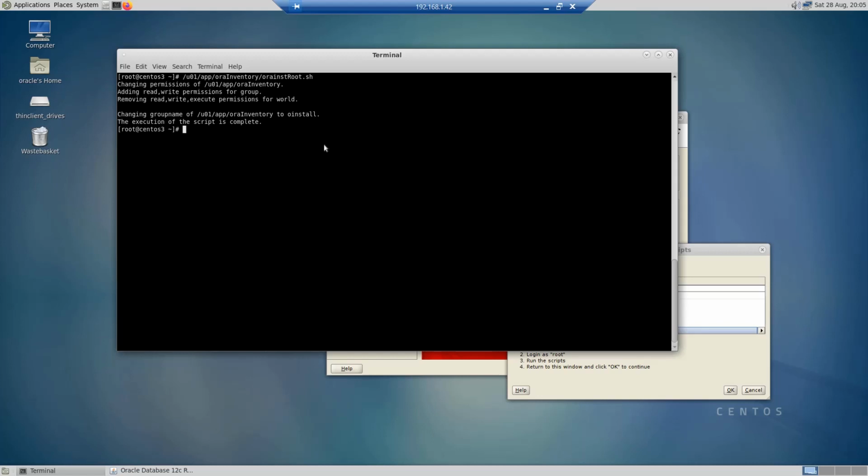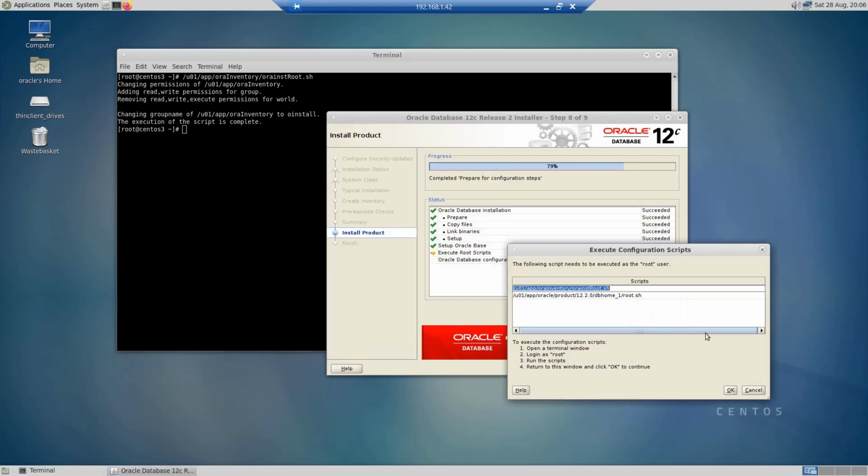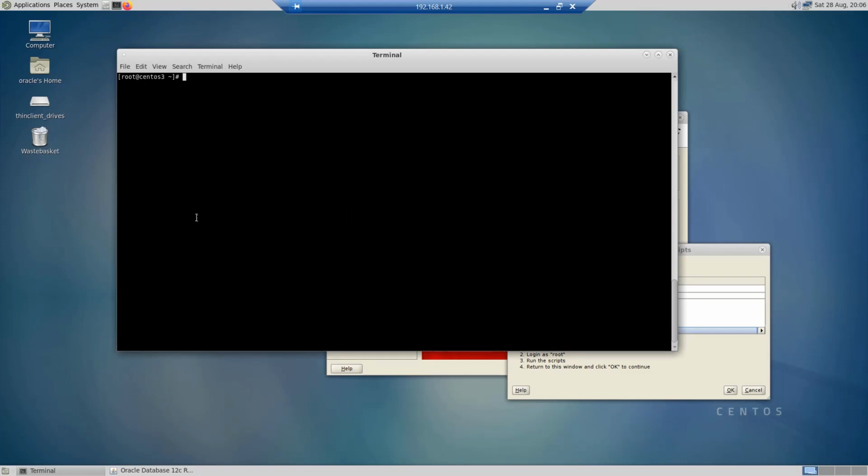So what this script has done is changing the permissions of U01 app or inventory, add read-write permissions for group, remove read-write execute permissions for world, and change group name of oraInventory to oinstall, and that's it. And for the next script, I'm going to copy it again, clear my screen, paste it, and